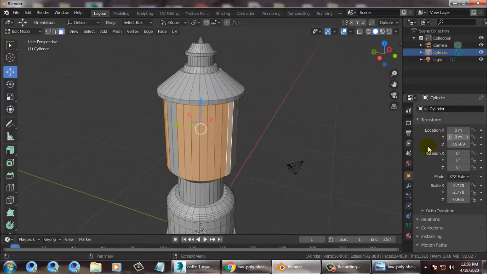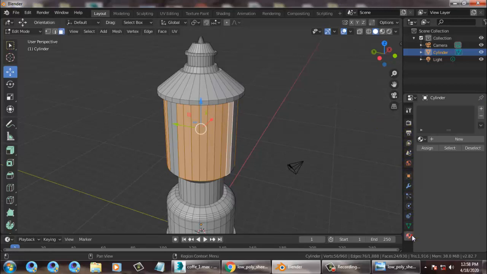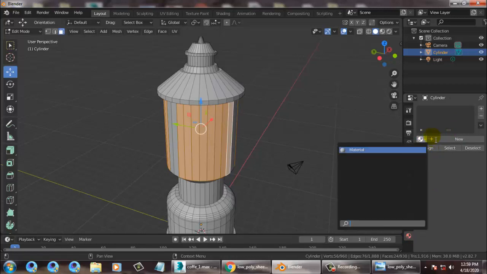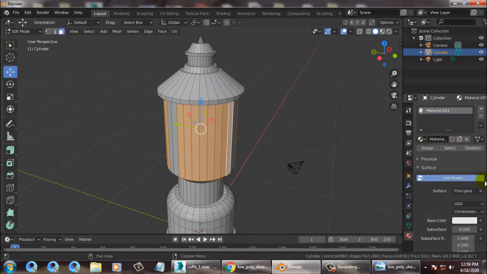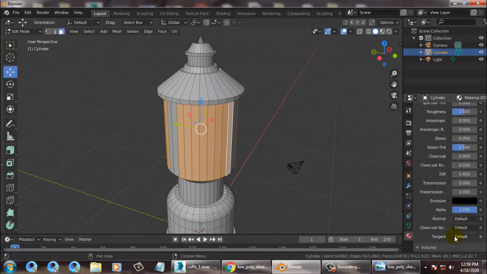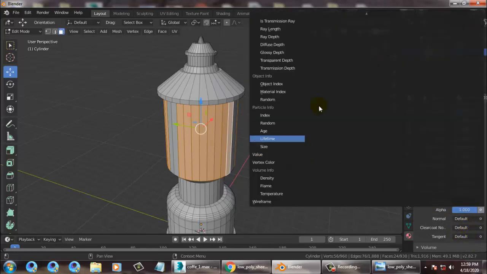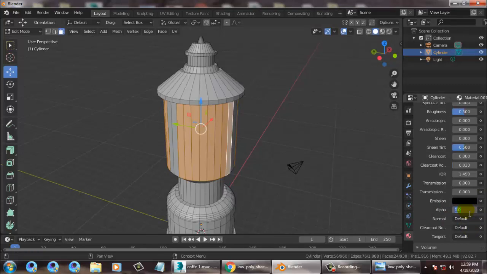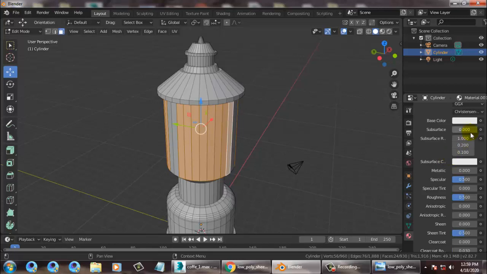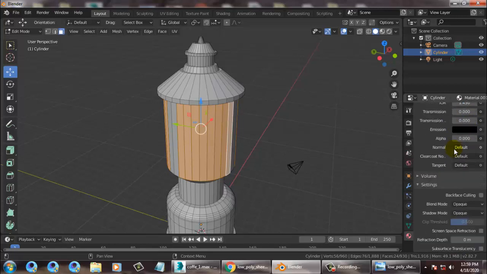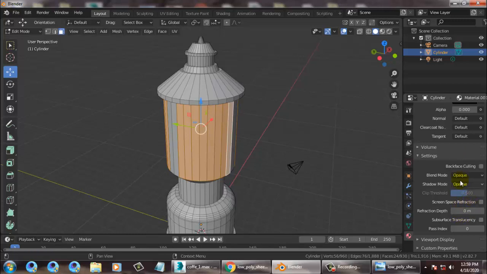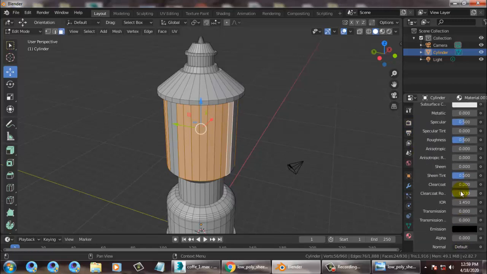So if you want, you can just take a material over here. You can just take one material over here and you can just take a new material, you can just go over here, and if you want to give any color to it, you can just assign a color, or you can just reduce it or make it look more transparent also.